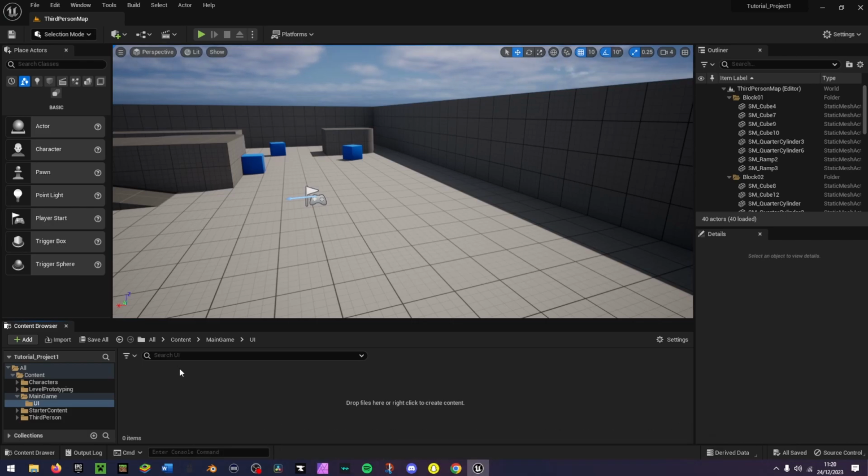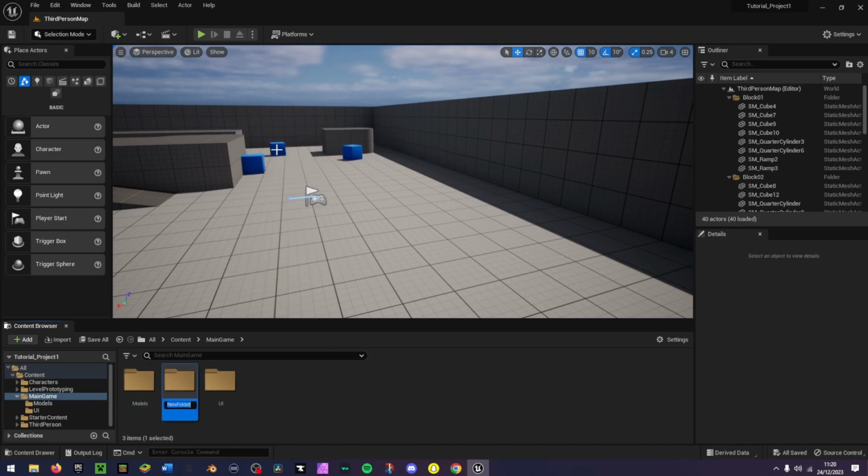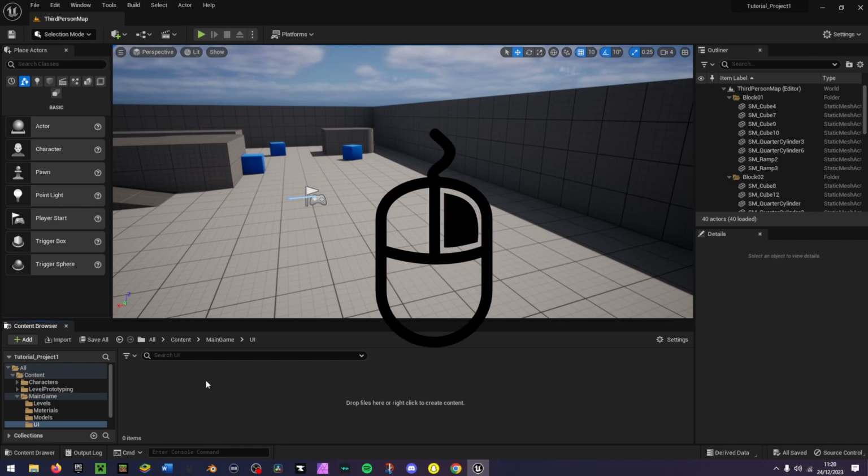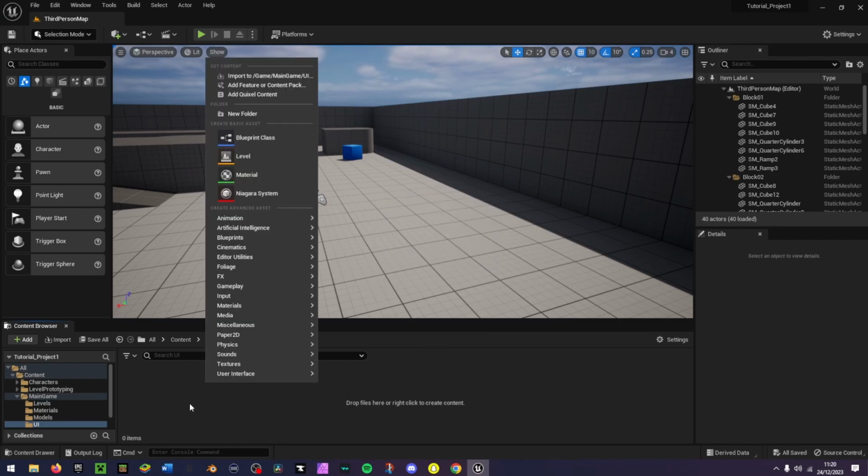So now I've made a folder called main game with UI in it. And if you want, you could add a couple of folders in here like models, materials, levels, stuff like that, but I'm just going to be focusing on UI for now. So if you right click on the user interface again,